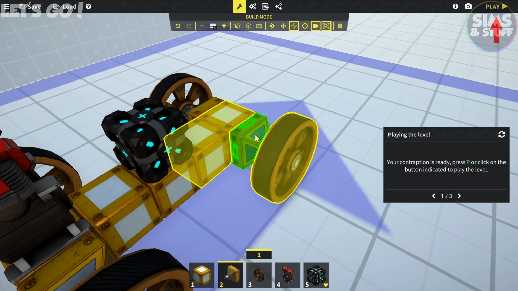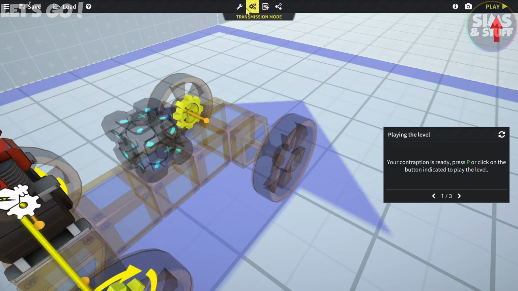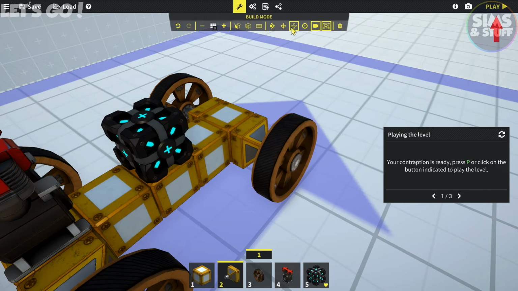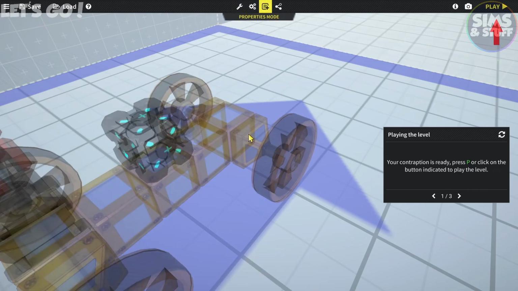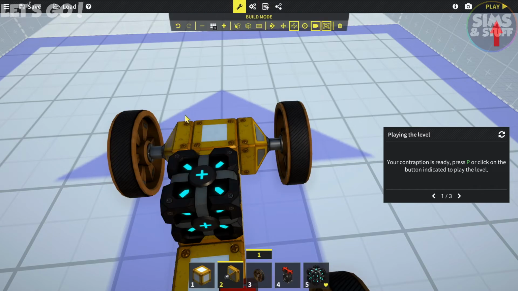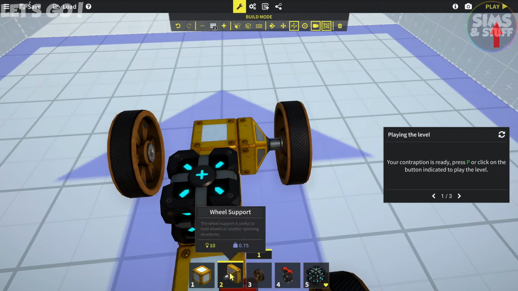Okay. What if it'll now? No, it won't. It won't let me. Change the connection from fixed to hinged. Is that a thing I had to do? Is that a thing? Remove that one. Hang on, did I not put the right...